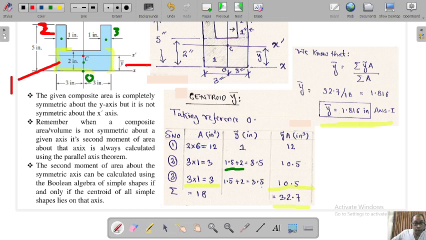This is y bar, what you calculated. Okay, this is y bar. So now this is done. We have done just a part of it, but remember, again, these points are very important. This point 3, which is the centroid, this green point, and this red point, these points you must remember. Again repeating, this point is the centroid of rectangle 1, this point is the centroid of rectangle 3, this point is the centroid of rectangle 2, and you know what the values of these points are. So let's proceed further.